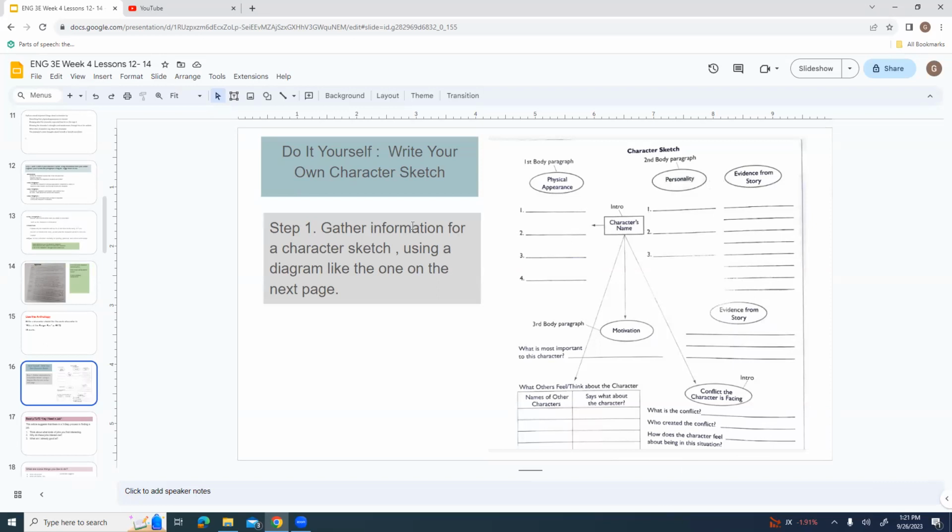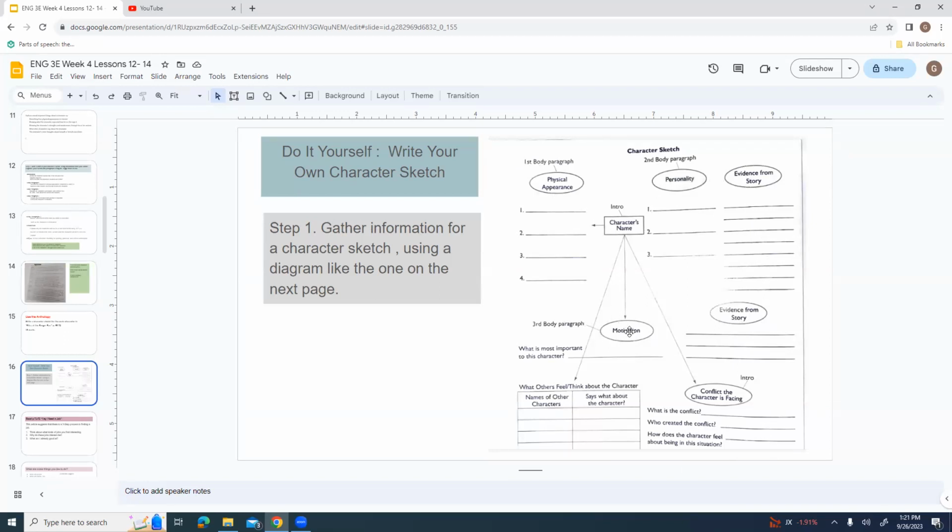So it says step 1, gather information for a character sketch using a diagram like the one on the next page. So there's a spot here for physical appearance. There's a spot here for their personality and evidence from the story about their personality.